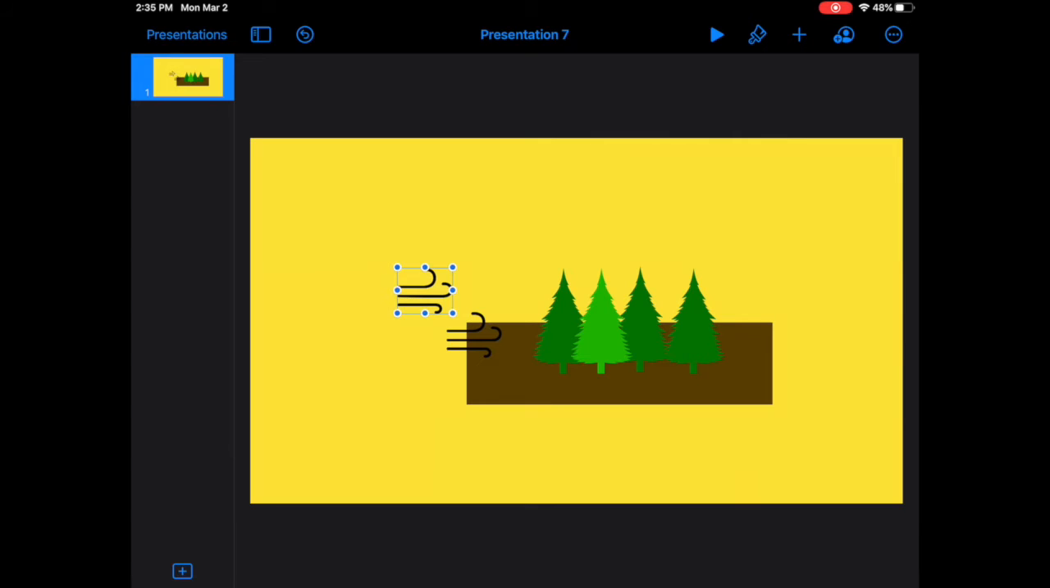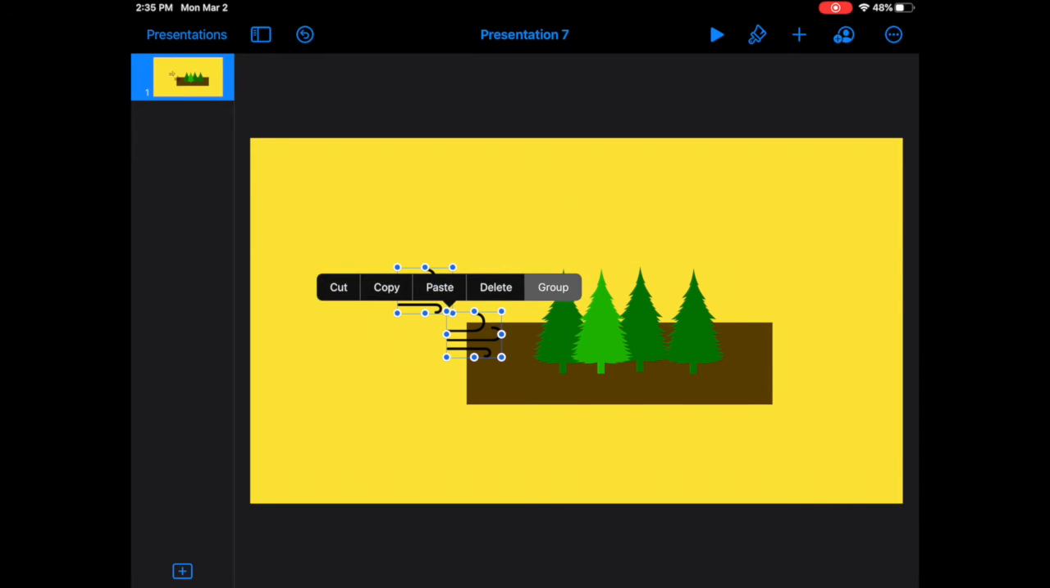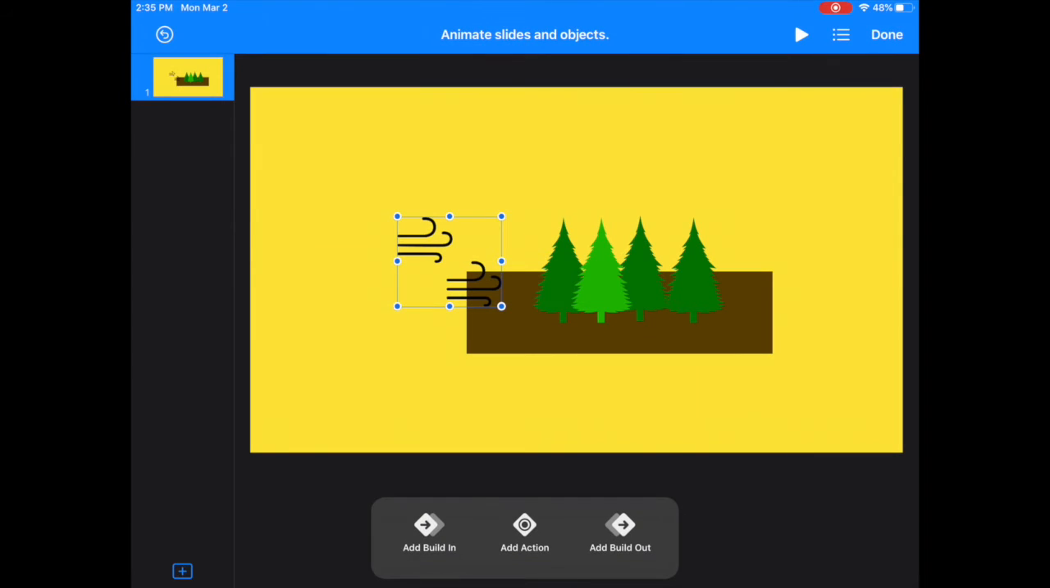And similar to the trees, I'm going to group this wind together by clicking and holding on one while clicking on the other. And now I'm going to create an animation that makes this wind blow through the trees. So by clicking on my wind, you can see the little animate button there on the right. If I click on that, I'm going to add the action, the bottom middle,